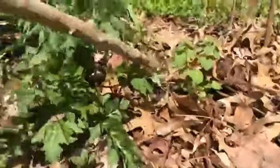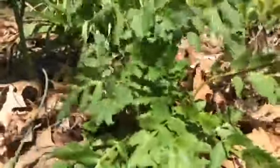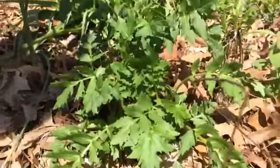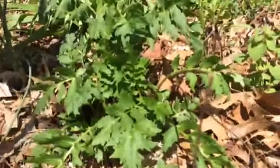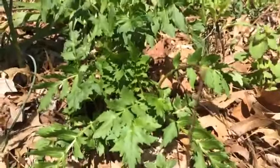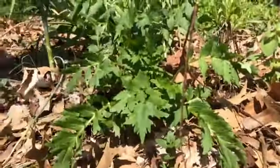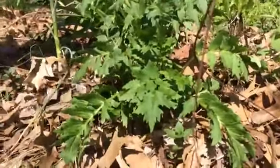Let's see. Oh, look, she broke. This right here is the beginning parts of a valerian. This plant is going to grow like 4 to 6 feet tall. It is incredibly gorgeous, and the flowers are these white umbrella flowers, and they smell so delicious. I know you think of valerian and think that it stinks, and it's true, the root does, but the flowers